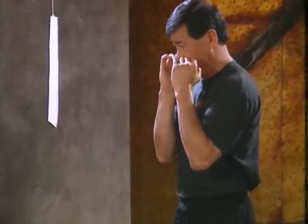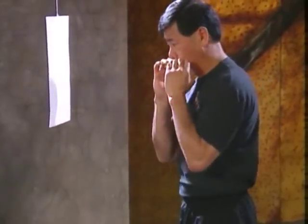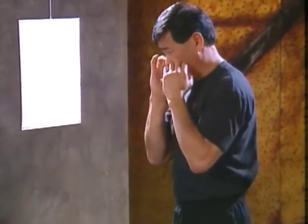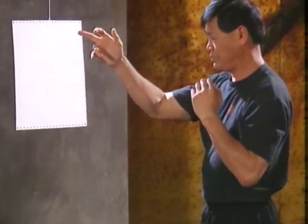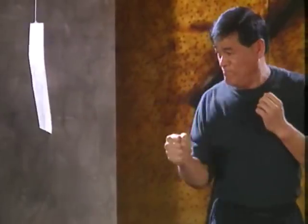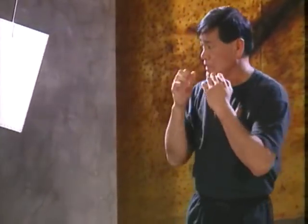Bend both knees slightly and twist your body back and forth, pivoting on the balls of your feet, letting your hips initiate the rotating motion. Simultaneously, as your body is rotating, raise your elbow to your shoulder height just in time to apply an elbow